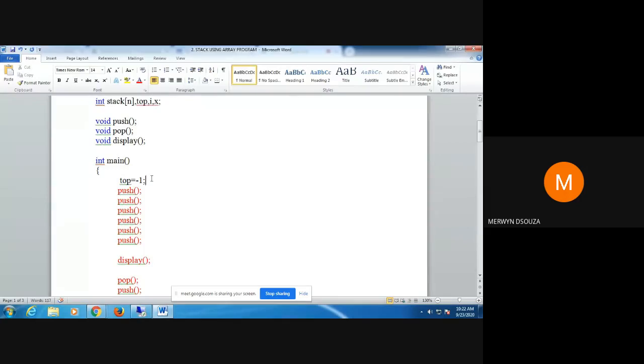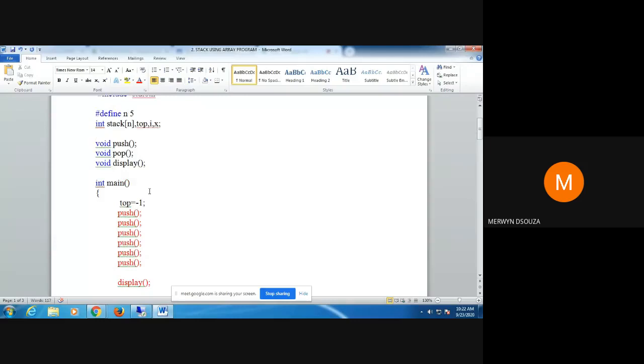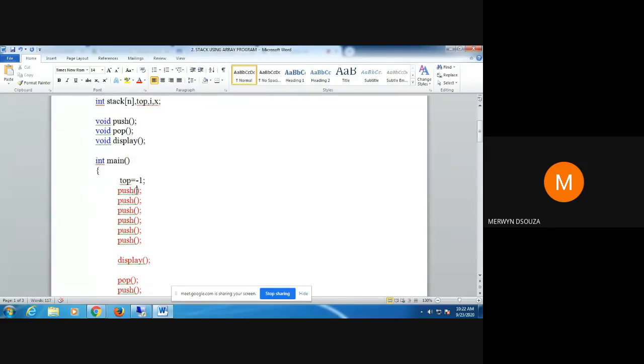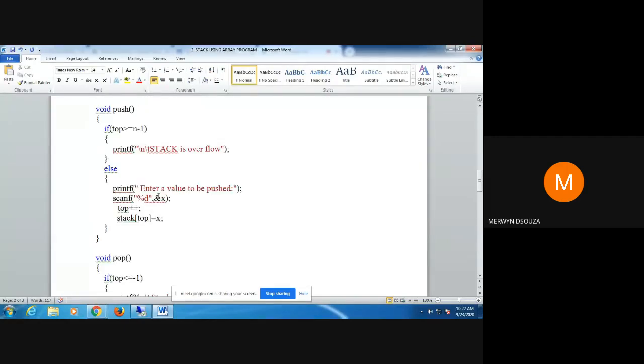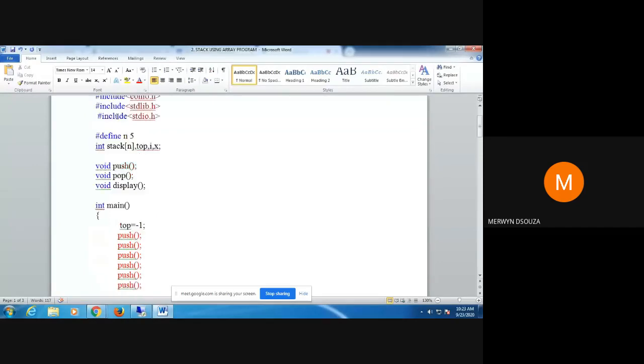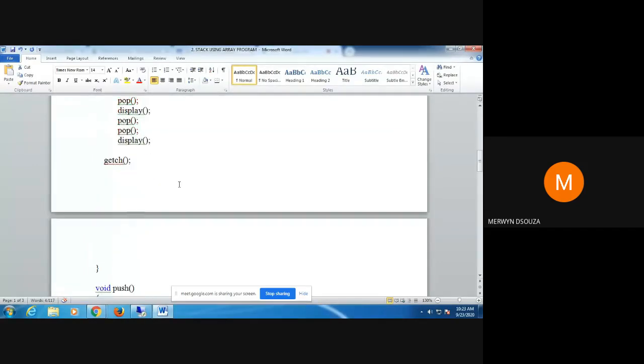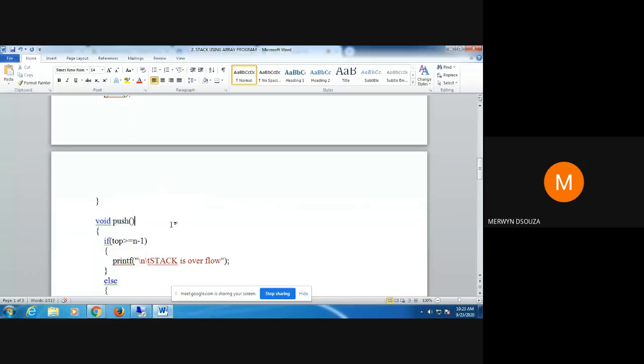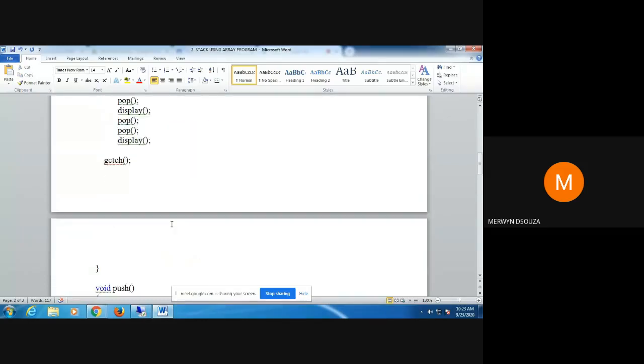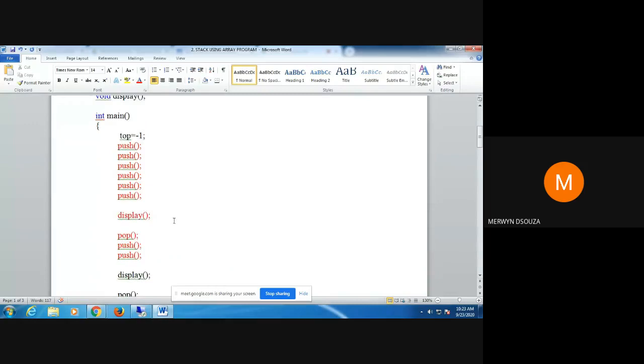Try to take the data in the main function and send it to function arguments, actual arguments, formal arguments. You can change this program. Try for yourselves. Send the data from the main function like this. Push values from here. Okay, so you can try like that. When you're pushing values like that, you have to see your prototype will change, then the function definition will change, so a lot of things will change. You try that at home if you have Visual Studio.